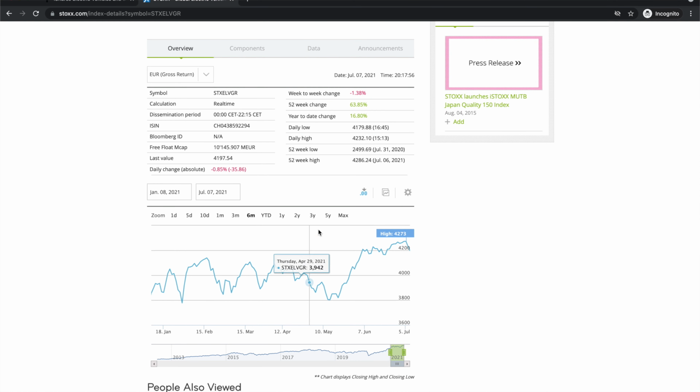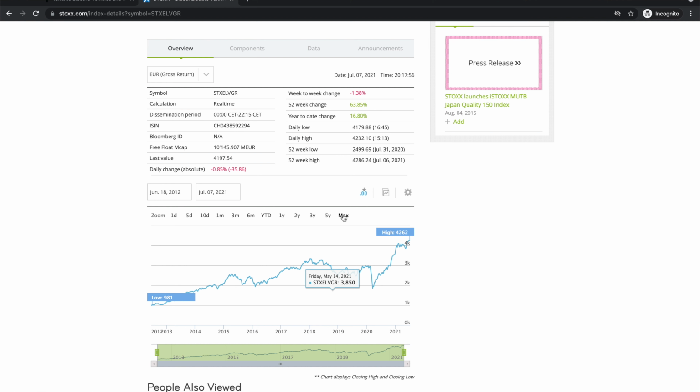And we can scroll down here, go to max, and we see that it looks like this index was launched back in 2012, and we can see here the performance over the last 10 years, and there's been some ups and downs, but overall the average trend is positive, so it keeps going up on average. Obviously we have here the dip of the pandemic,